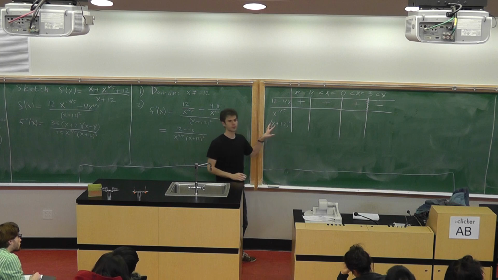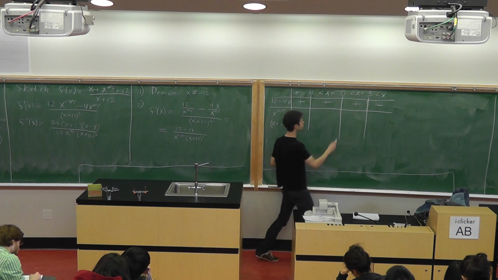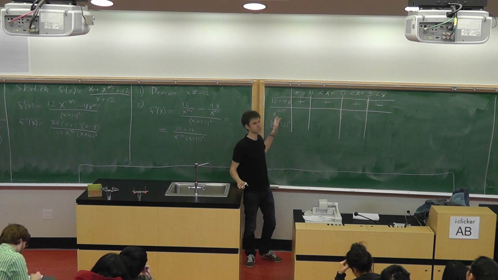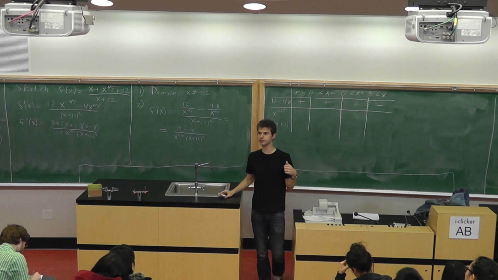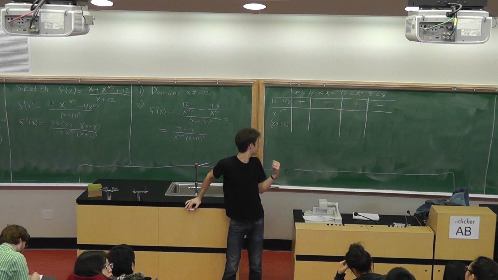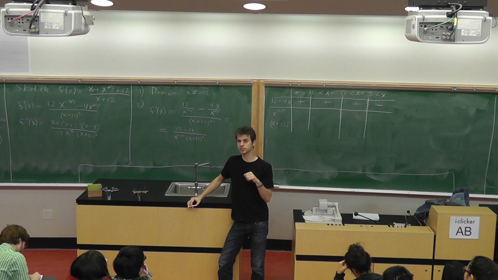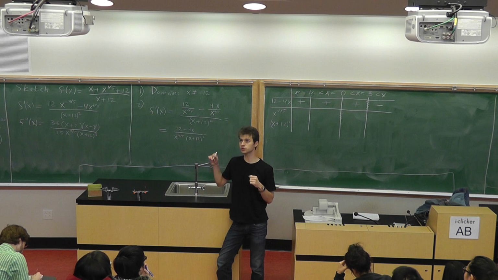X to the power 4 over 5 might change sign around the point x equal to 0, because x to the power 4 over 5 is 0 when x is 0. But actually it doesn't. If you look at x to the power 4 over 5, it's the 5th root of x